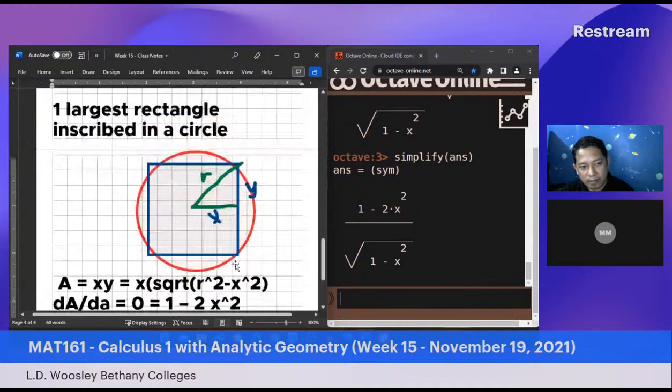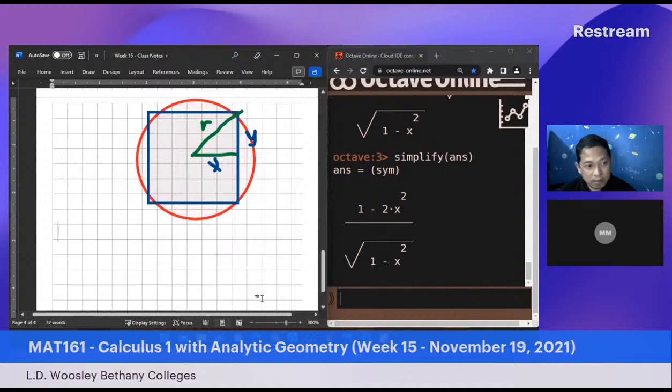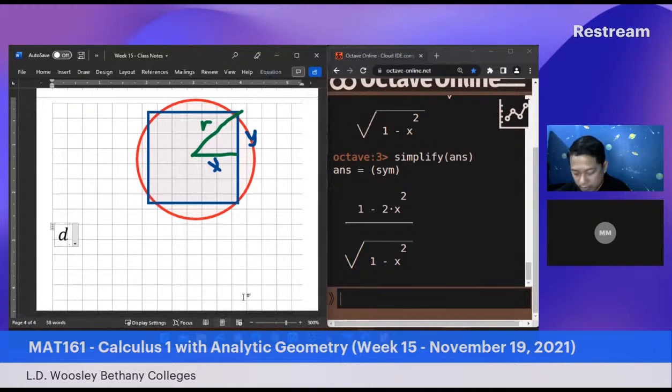Supposedly, no? Kasi, sige, gawin ko ang mathematical to. Dali lang. So we're actually deriving dA over dx, no? And we're equating it to 0. From here, that area